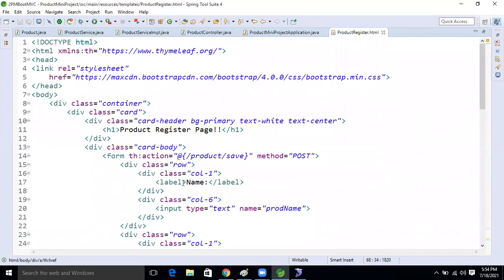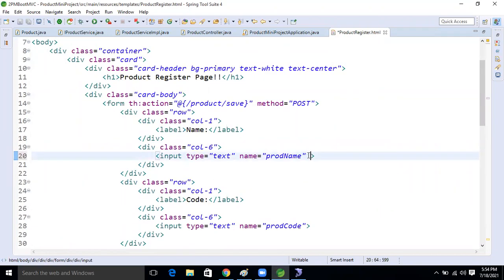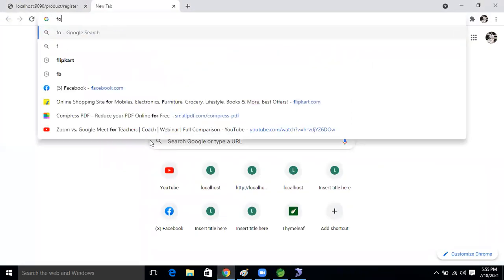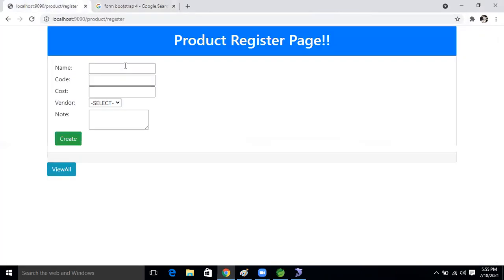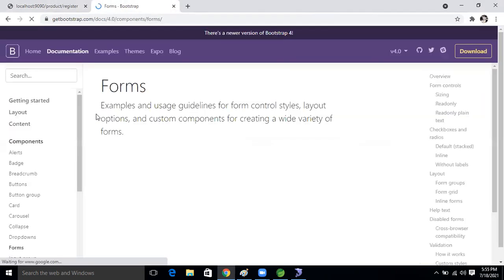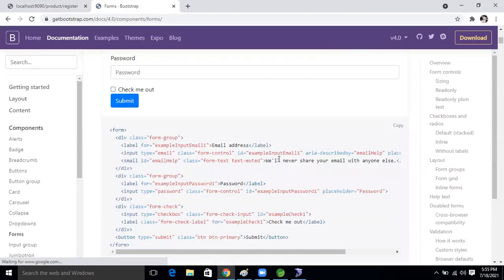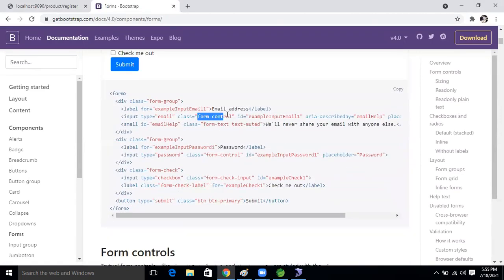One minute. This field is there, right? So input here, let's take class equal to form control. One minute. The input on the page is not looking good, so I just want to beautify it. It will not take much time. Form control, this one I need.